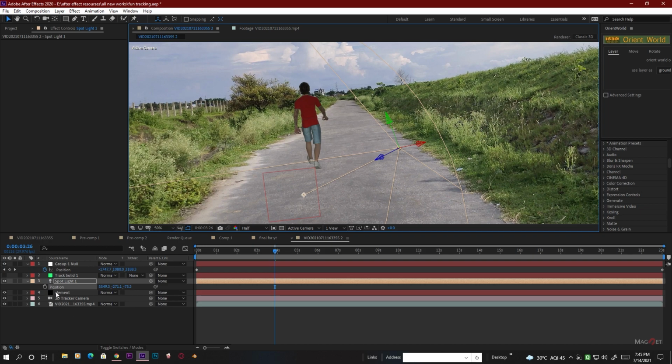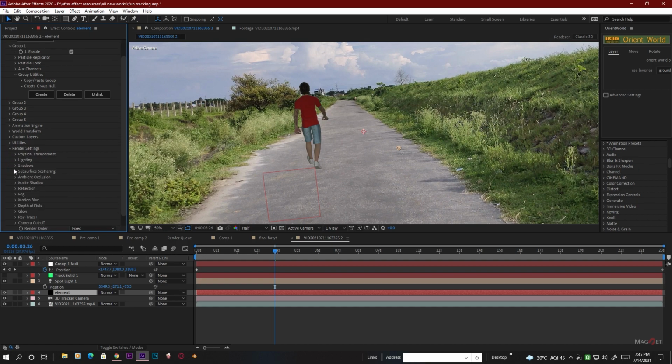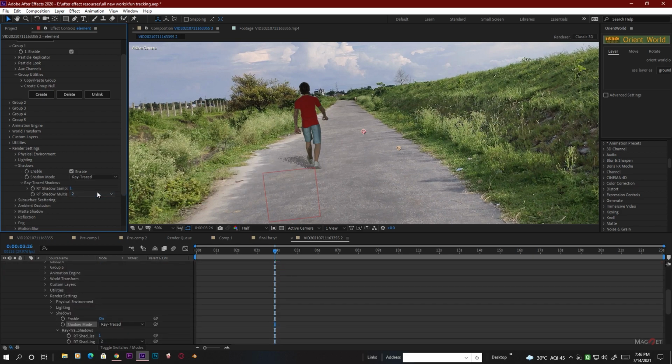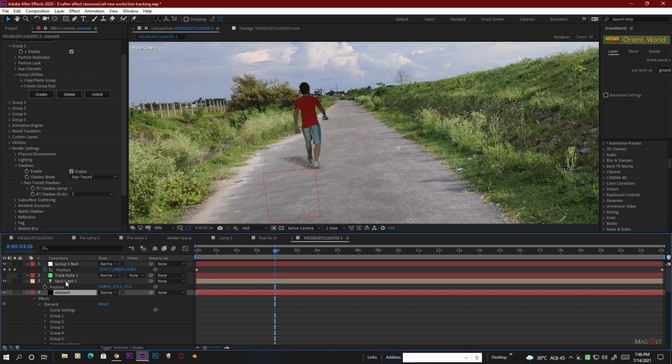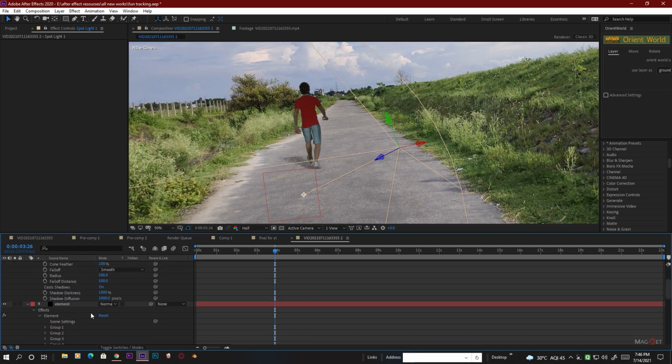shadow. So first you go to the element layer and go to the render settings and then go to the shadow. Just enable this, and make sure that the shadow mapping does not work properly in this scene, so we have to change it to ray trace. Okay, and you can see the shadow diffusion is so high, so the shadow is too grainy. So for the compositing time we have to change the shadow diffusion to a very low number, so maybe 200,